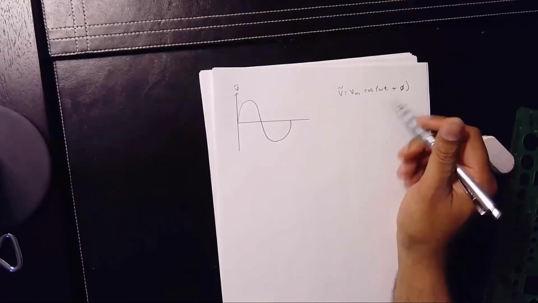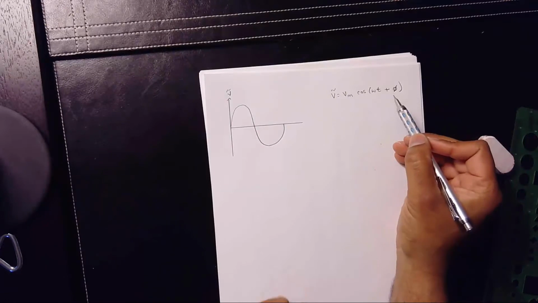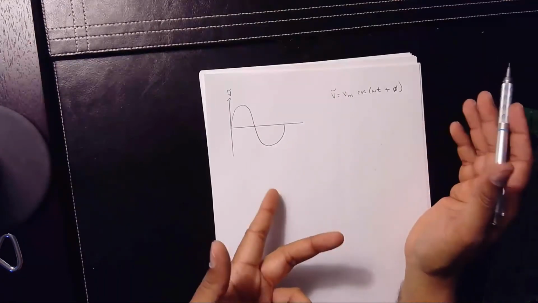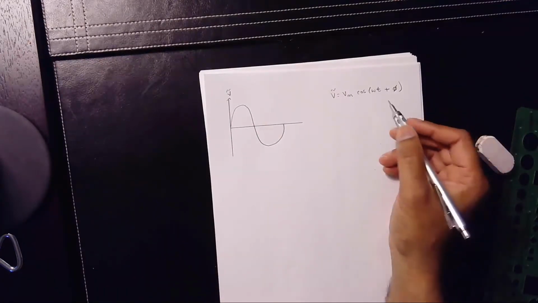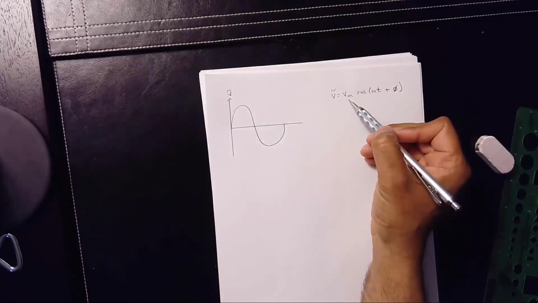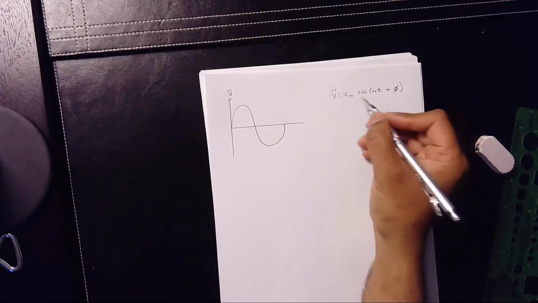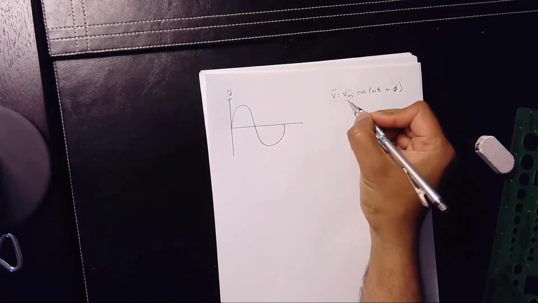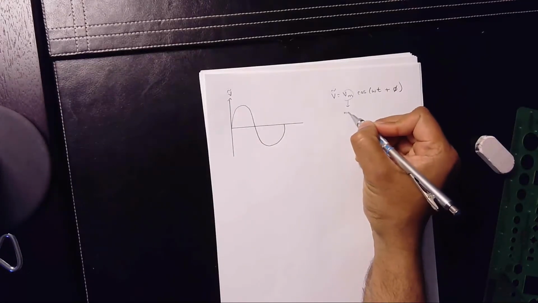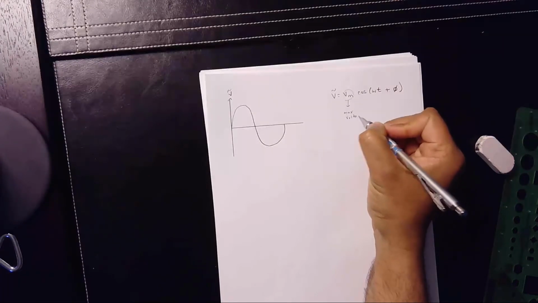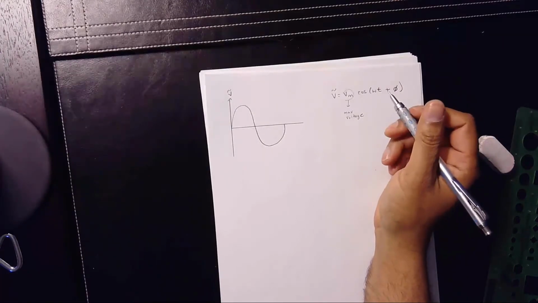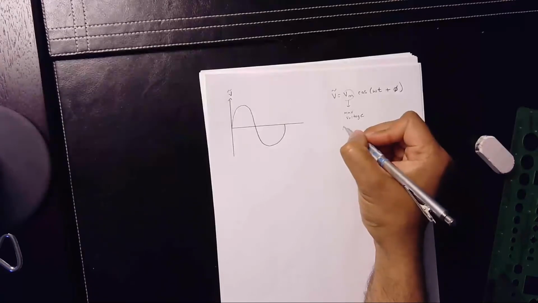Now, I don't want you to master this equation. I want you to understand this equation and be able to replicate it. I don't want you to calculate anything really difficult out of this, okay? So first understand what these values mean. The first thing I want you to understand and label is, what is this? VM is max voltage, okay? And max voltage is called your amplitude,